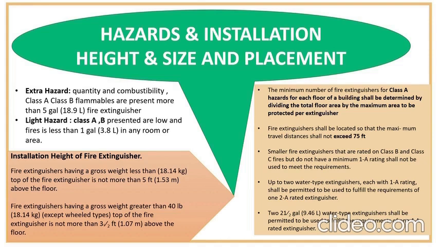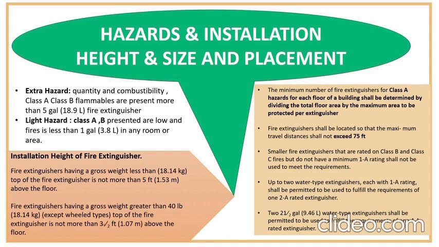The fire extinguisher shall be located so that the maximum travel distance shall not exceed 75 feet. So when you are installing the fire extinguisher, you have to consider the travel distance to each fire extinguisher shall not exceed 75 feet,